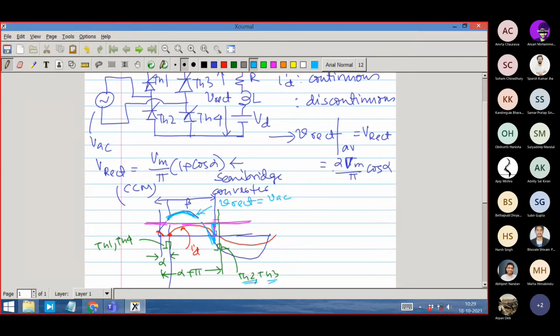So the moment it fires again, now the voltage is how much? The voltage is actually rectified, which essentially means the negative of VAC. In the first part, the positive part, when TH1 and TH4 conduct, V rectifier is equal to plus VAC. When TH2 and TH3 conduct, it is equal to minus VAC, but VAC itself has negated. So therefore it is again positive. It will jump back to this level and will continue till it becomes this, then it falls into the discontinuous conduction mode.